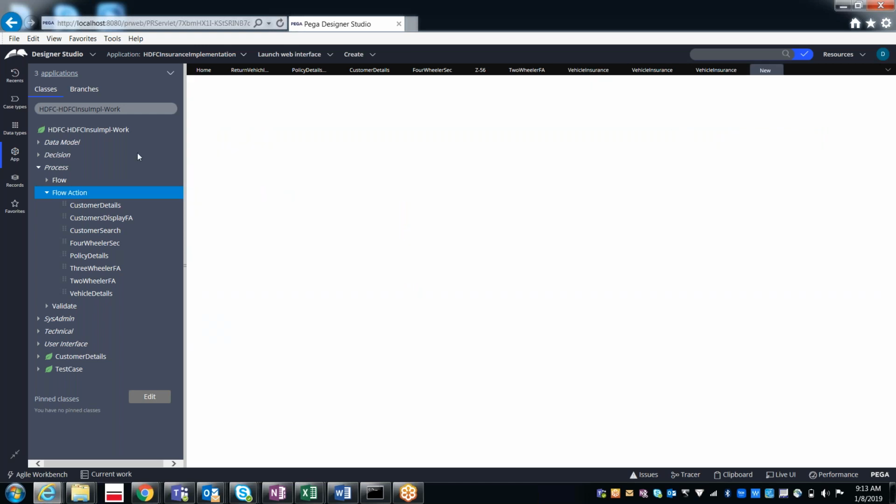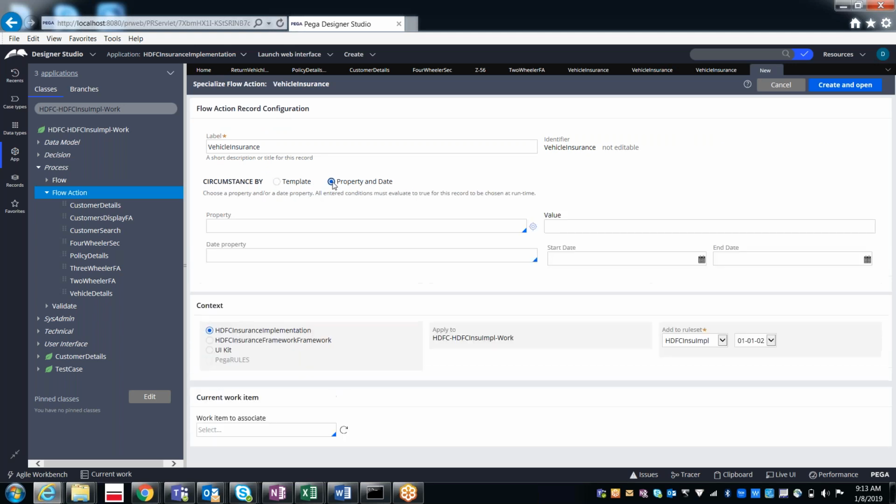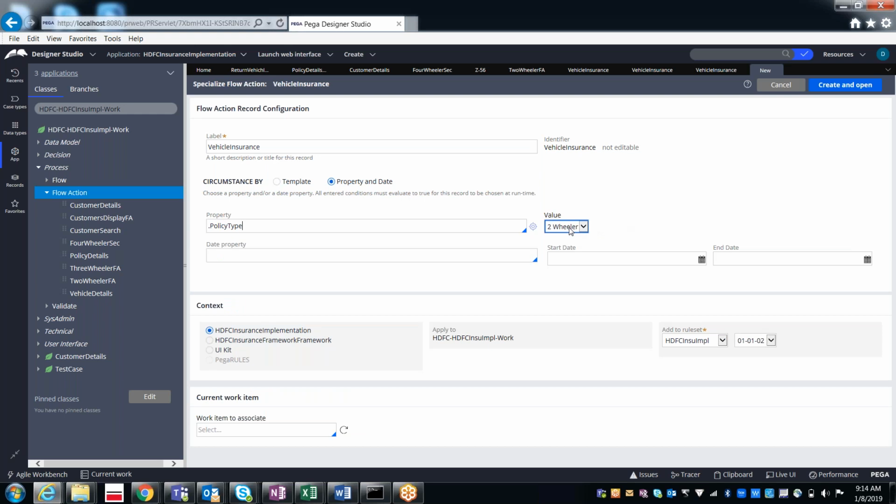Again refer to the same property, and select the property as policy type, which will be referring to the four-wheeler. In the circumstance we can have either a property level condition, or you can also have a date property.